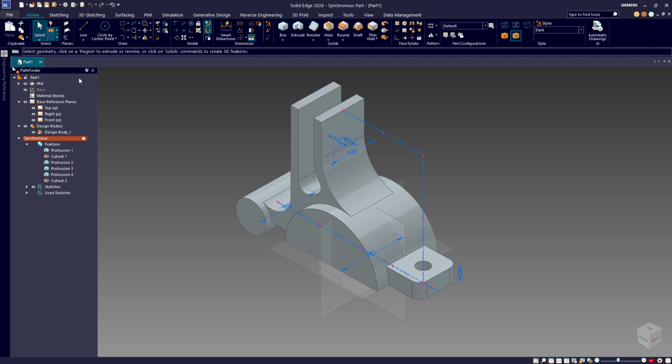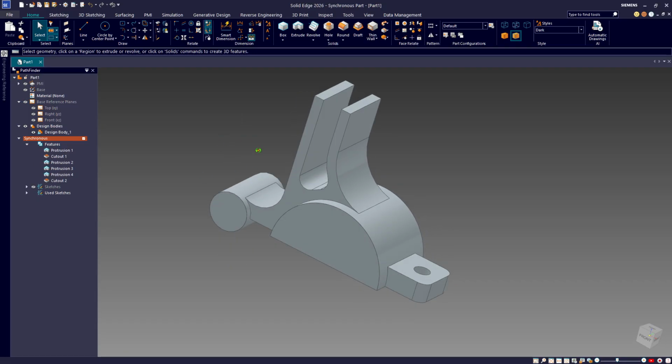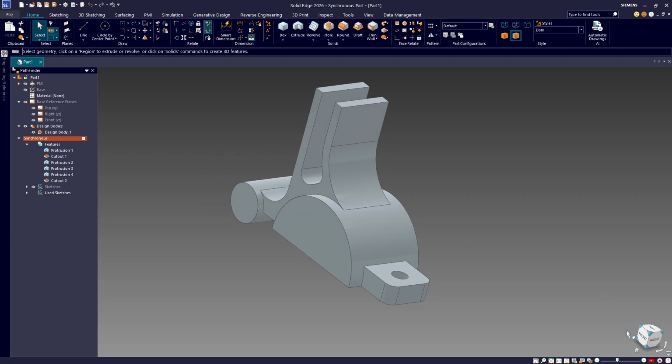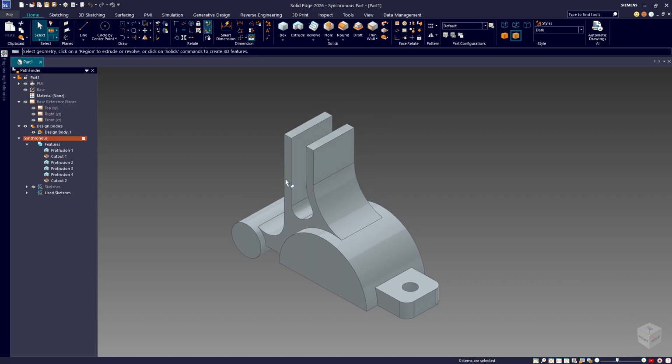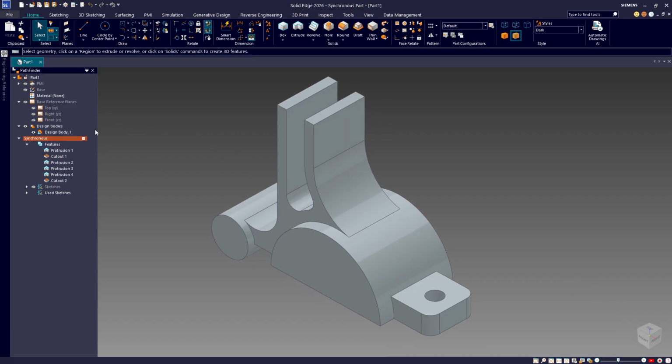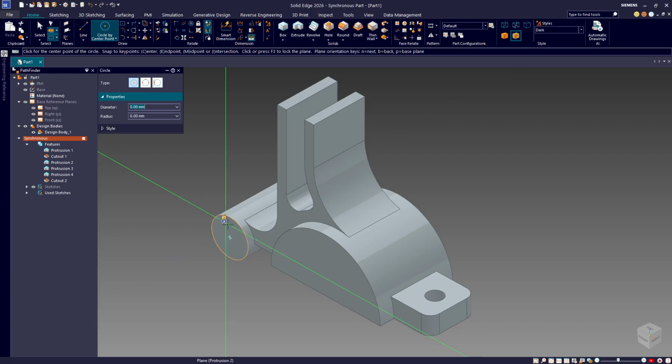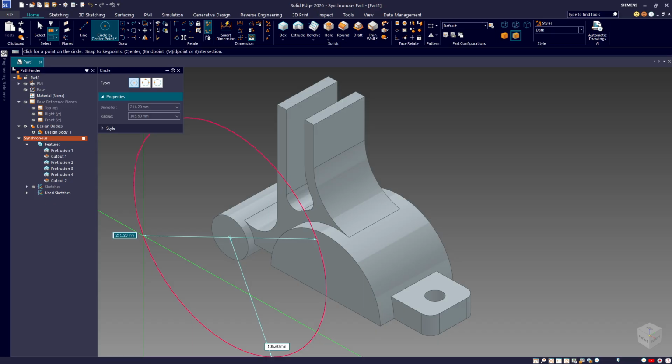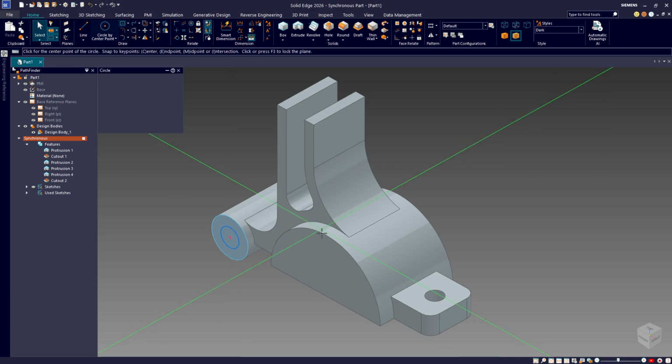So what I like to do is as I go along, I like to turn off stuff when I need to, because it's much easier to deal with. You see the drawing better as you go along. So I'll just keep that in mind. I'm going to go ahead and do these quick cuts here. What is this? This is going to be a diameter of 20. This one is going to be a diameter of,